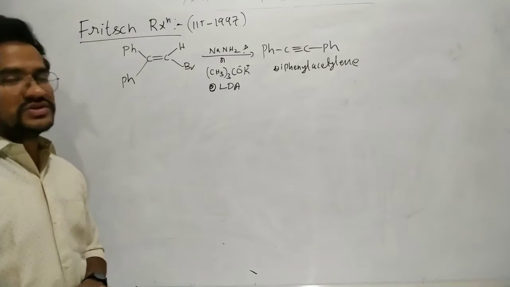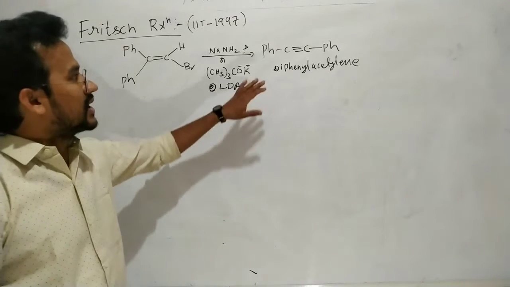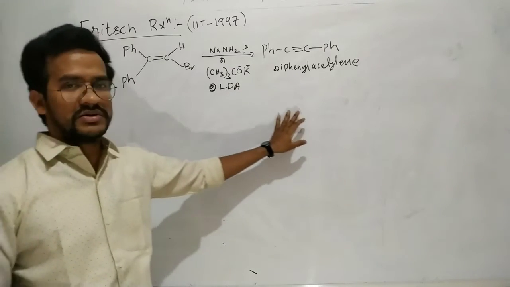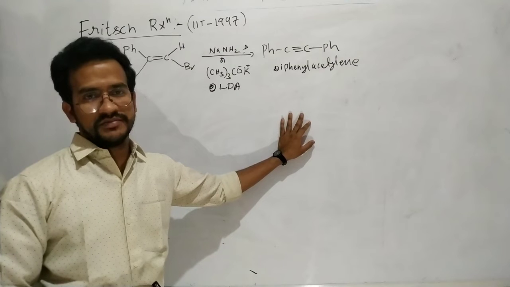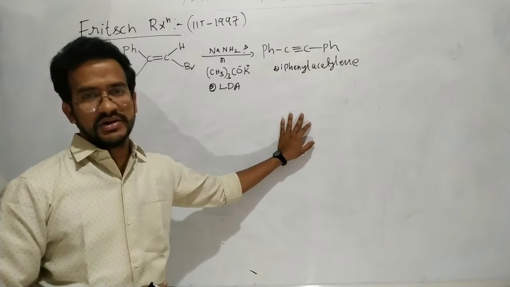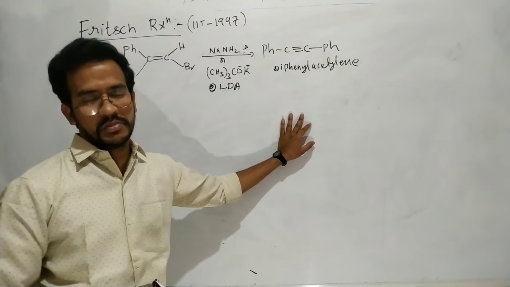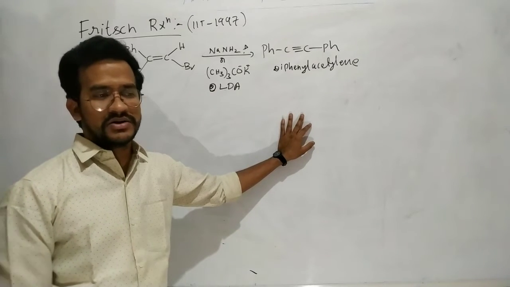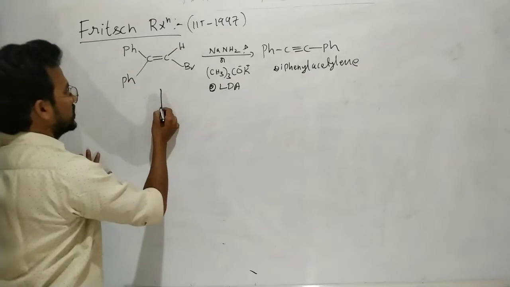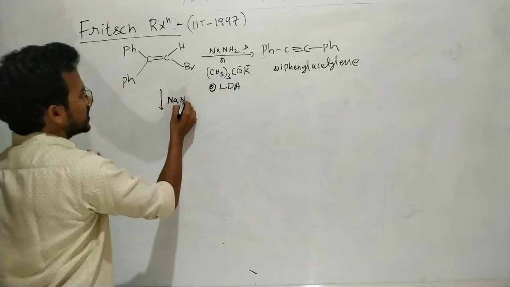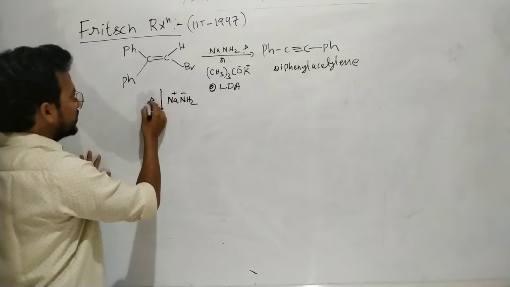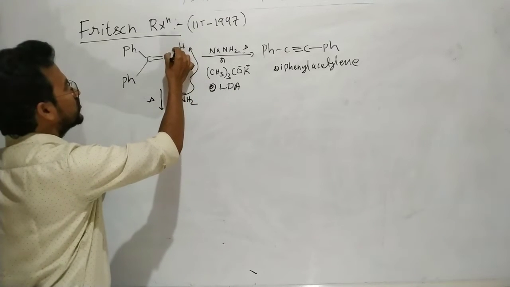So how does this reaction proceed, how is the alkyne generated? In this case, the reaction involves internal carbene formation. The carbene is a neutral reaction intermediate that has 6 electrons, that means 4 are the bonding electrons and 2 are the non-bonding electrons. First of all, by reaction with the base NaNH2, that is Na plus NH2 minus, on heating this NH2 minus removes the H plus.